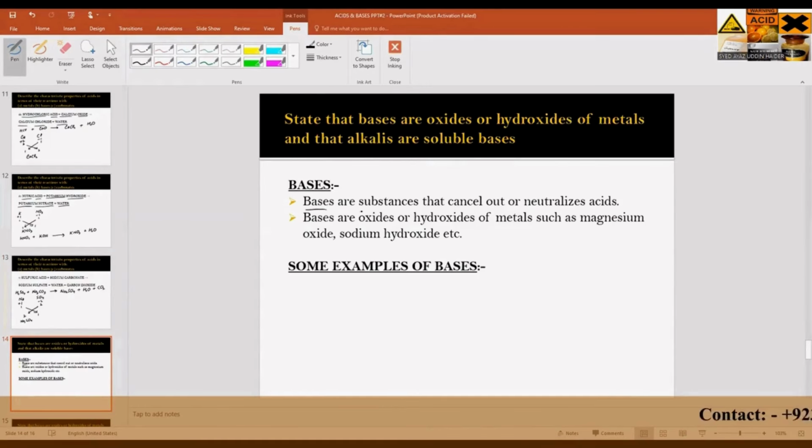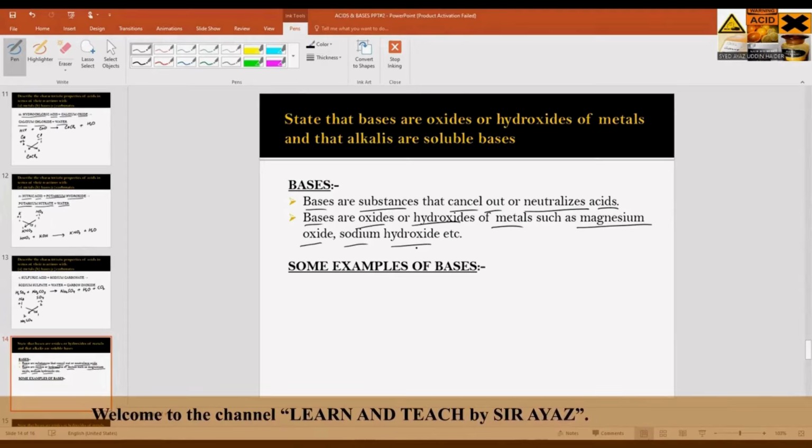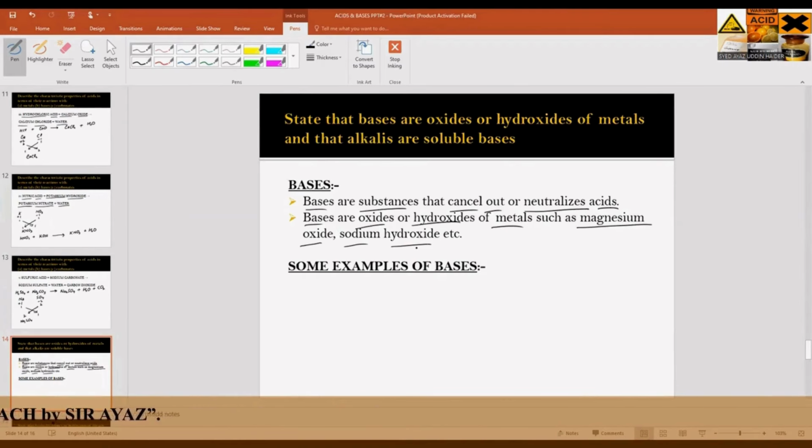Bases. Bases are substances that cancel out or neutralize acids. Cancel out or neutralizing have the same meaning. It means they are cancelling out the effects of acid. Bases are oxides or hydroxides of metals such as magnesium oxide, sodium hydroxide. Some examples of bases. Now, in the first statement, I just said that any substance that cancels out or neutralizes the effects of acids